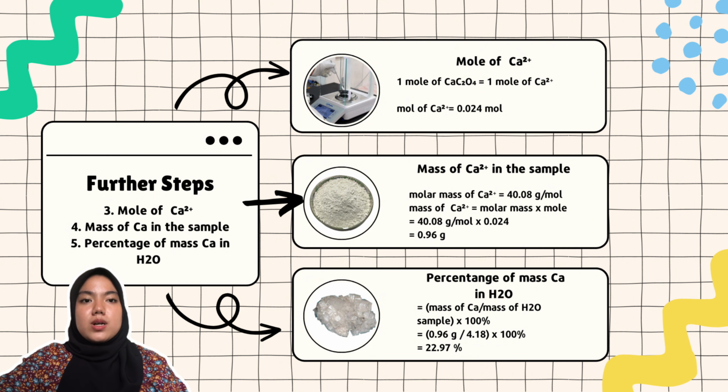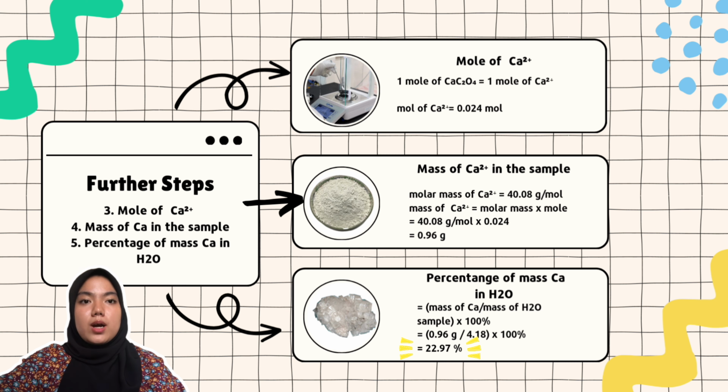Lastly, the percentage of mass of calcium ions in the water sample. We have to use this formula where we divide the mass of calcium ions by the mass of the water sample and multiply it by 100%. So we obtain 22.97% of calcium ions in the water sample. So we can conclude that 4.18 grams of water sample contains